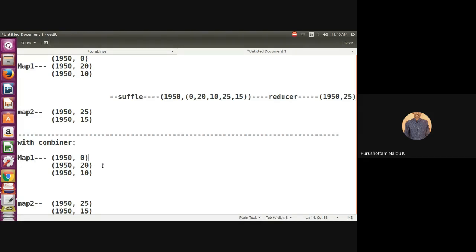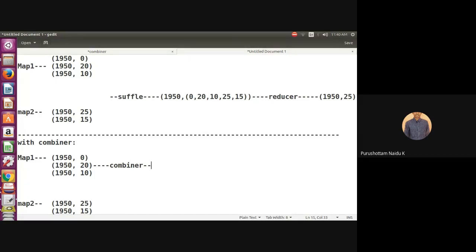Each and every mapper, one combiner is executed. So now here, one combiner is executed. What is the output of combiner? It acts as a reducer.